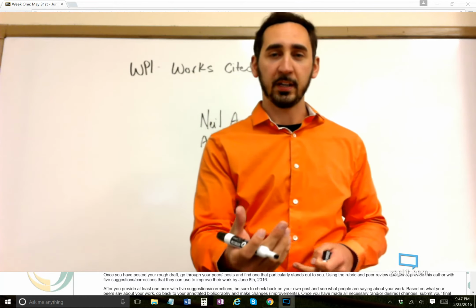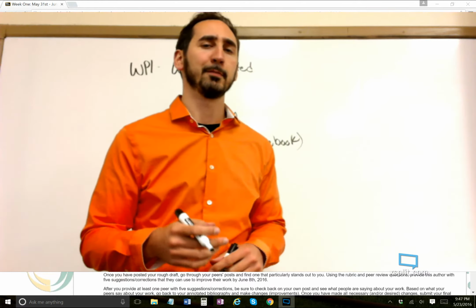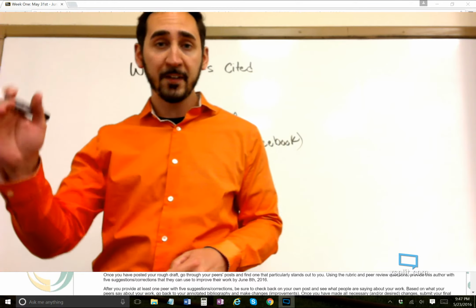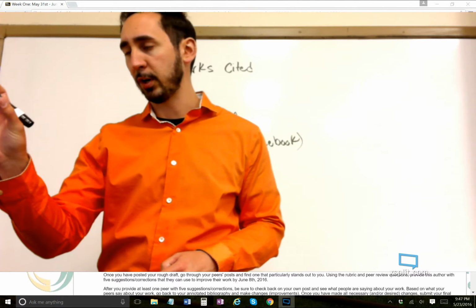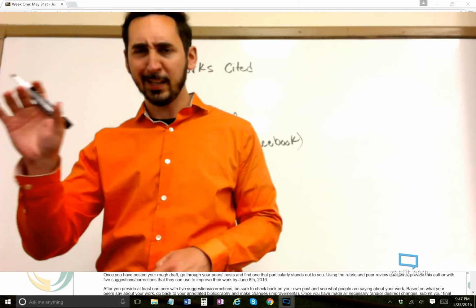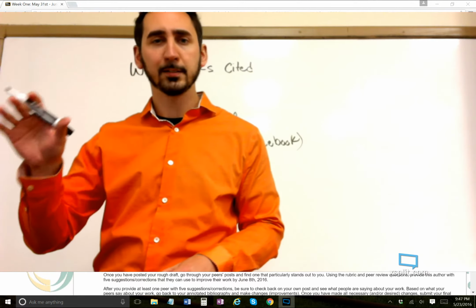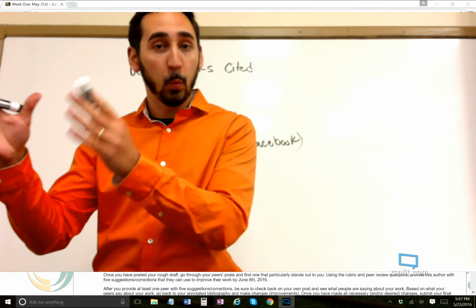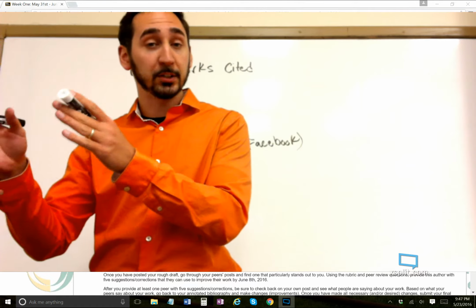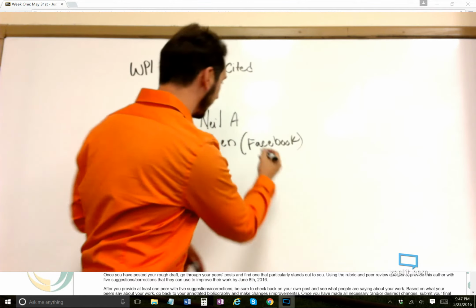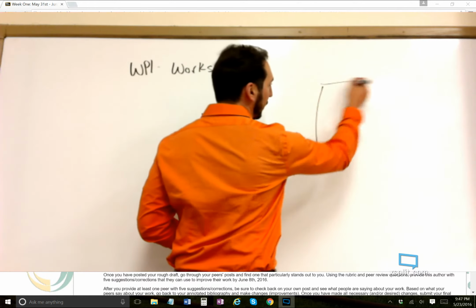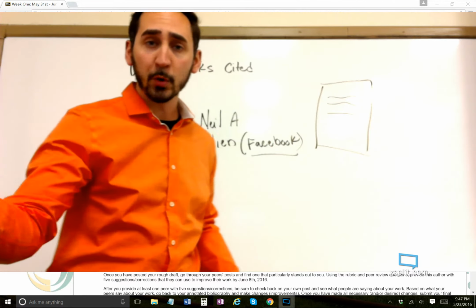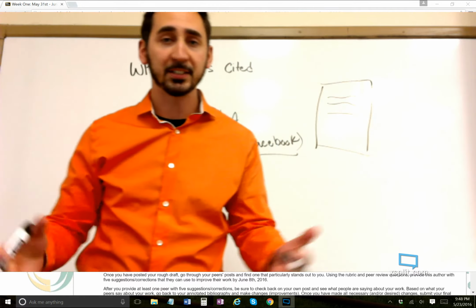Now, the works cited page allows someone to say, so you got that from Facebook. All right. They can go to that works cited page, look up Facebook, and see that it came from whatever URL. That came from Mike Lee's Facebook page. That dude's lying. That's the purpose of the works cited page: you can look at those citations, you can look at Facebook, and you have this piece of paper over here that has all these different citations. Then you can go to that URL or that book or that magazine article,